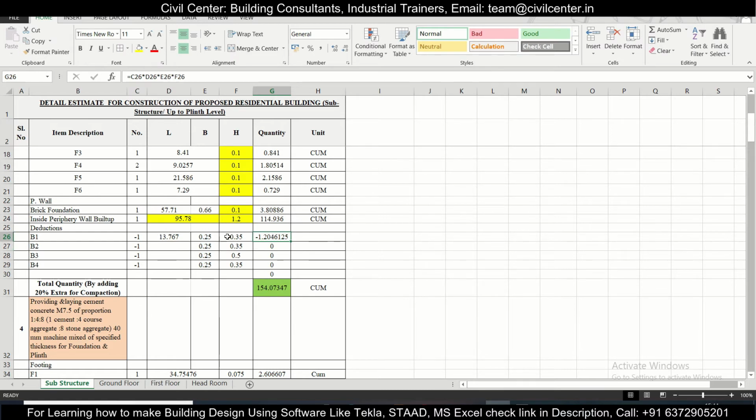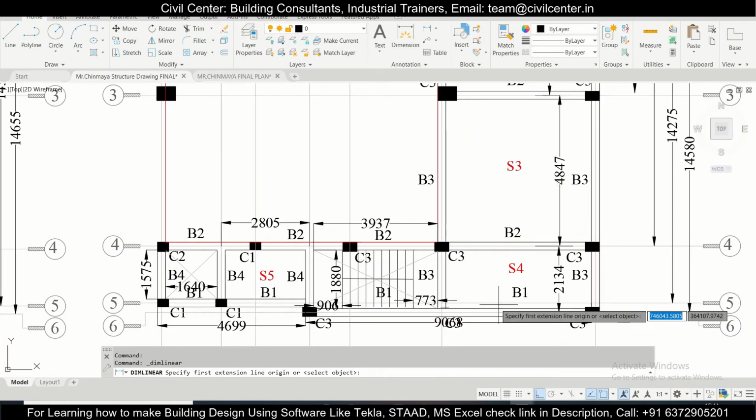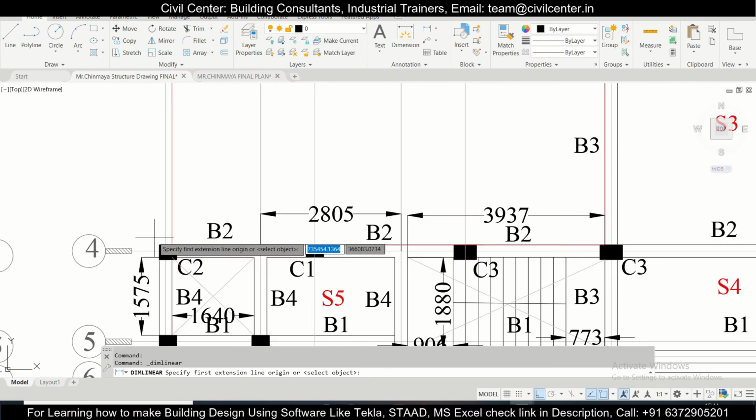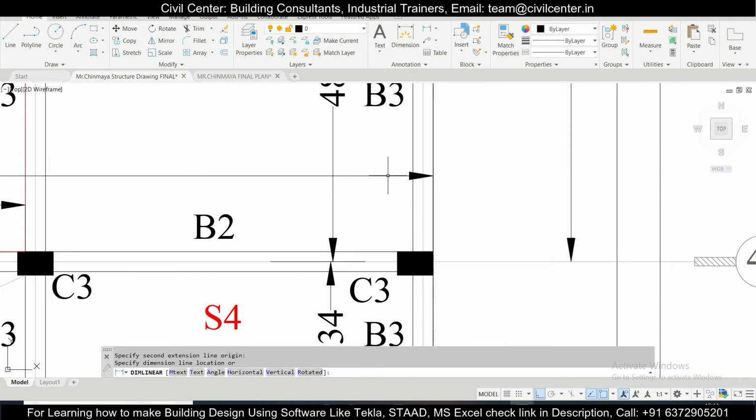Now next, the same thing we need to do for the B2 as well. So for the B2, let's calculate the length here. This entire portion is B2 actually. So we'll start from here and end here.